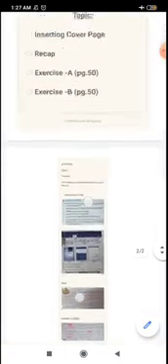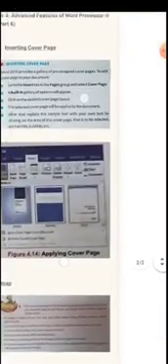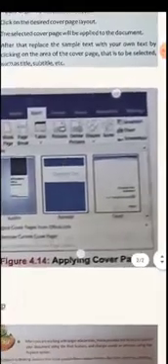Office.com is the website of MS Office, where you can go and download cover pages. Then Remove Current Cover Page means if you have already set a cover page and you don't want that, you have this option, right children?